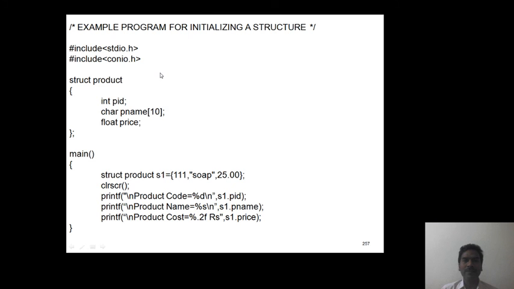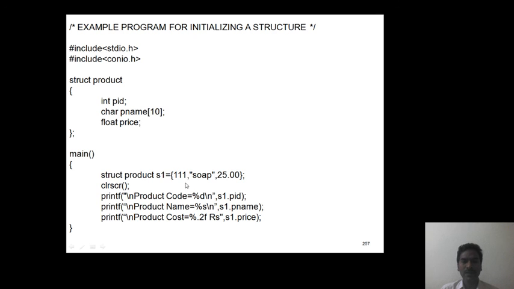This is an example program to initialize a structure. Here we place another database format, struct product with 3 members: product ID, product name and its price. In the main program, struct product s1 equivalent to, within a pair of braces, the PID value, pname value and price value. Now we are printing those values individually like product code, product name and product cost.